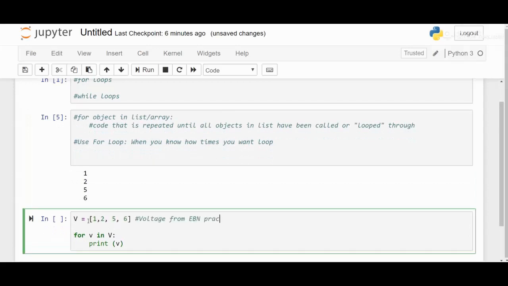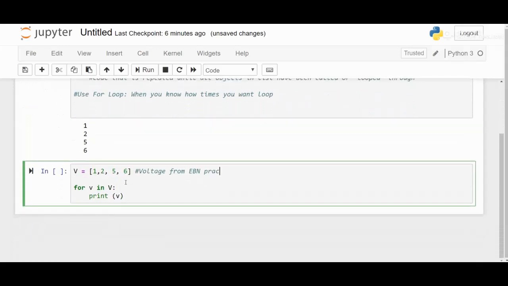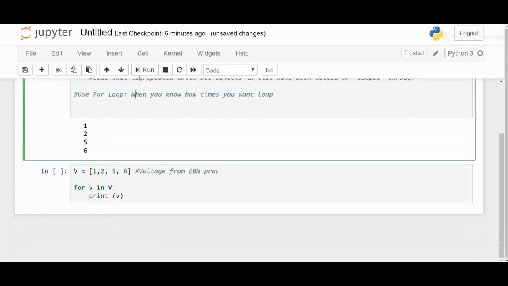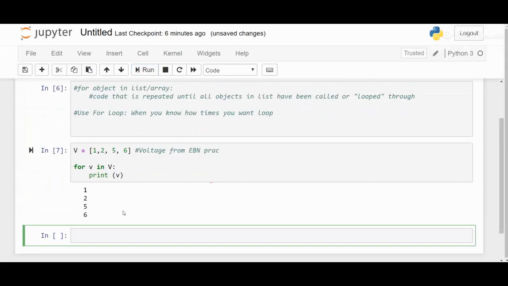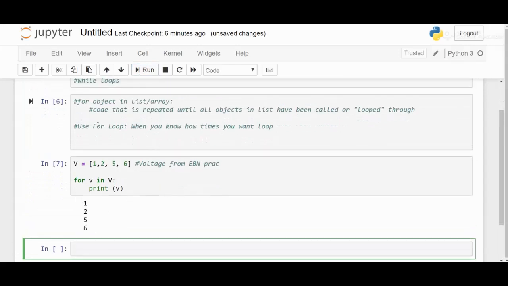Basically, if we run this, we're going to get 1, 2, 5, 6, right? Now, I'm saying you know how many times you want to loop. So usually, if I say for v in range v, you want to loop through the whole thing. If I want to loop through, say, the first 3 values of v,